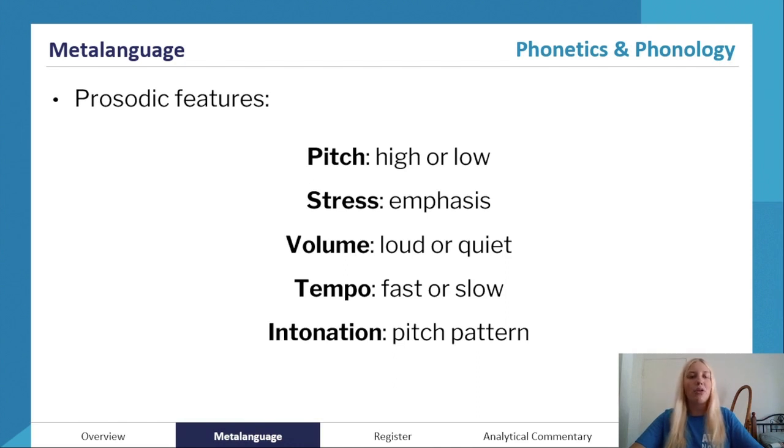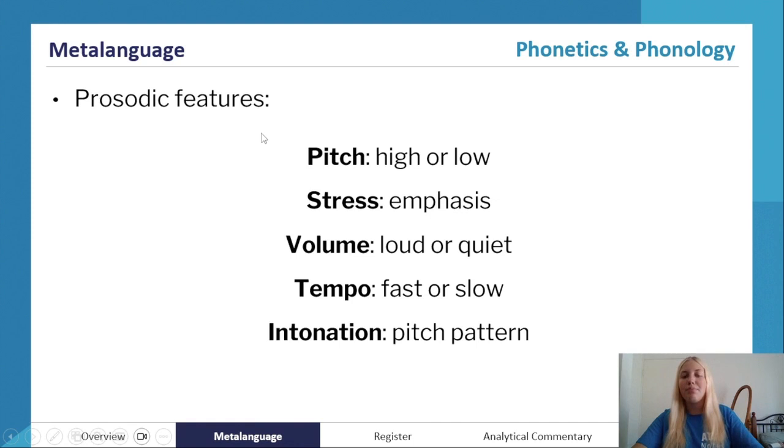And as part of that, we look at prosody and prosodic features. So this is one of those umbrella terms. So what falls under this and you need to be able to work with is pitch, so whether your voice has a high or low pitch, stress, emphasis placed on words. When we stress words, we emphasize something. Volume, whether it's loud or quiet, obviously that's going to change throughout the spoken text. Tempo, fast or slow, and intonation is the pitch pattern,